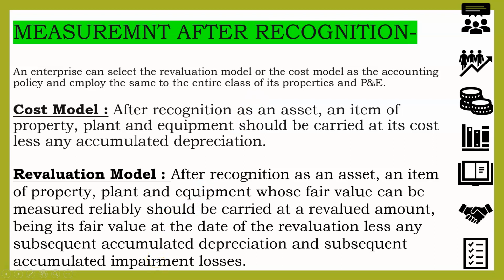Though I have charged the depreciation and reduced yearly the cost of my fixed asset, still, since in the market it is at a lower price than my carrying amount, or the value at which I am carrying that asset in the books of accounts, at that time we need to use this revaluation model. We need to reduce the cost of the asset as per the market, and now the new cost of the asset in the books of account will stand at 40,000. That 10,000 loss between the carrying amount and the market value is the impairment loss, and it will go to the profit and loss account and should be debited over there.